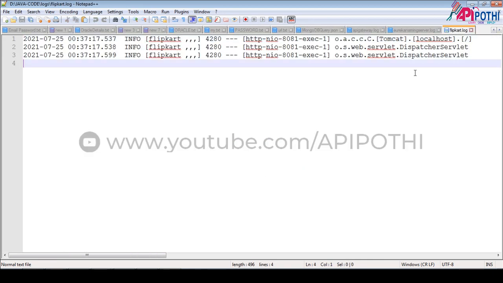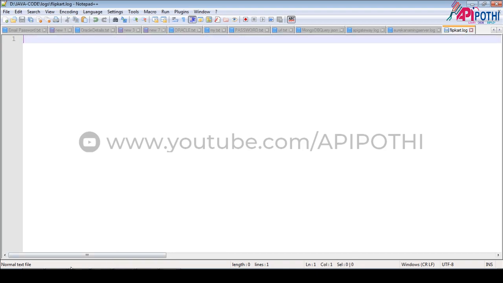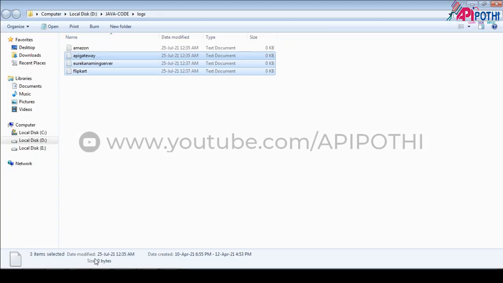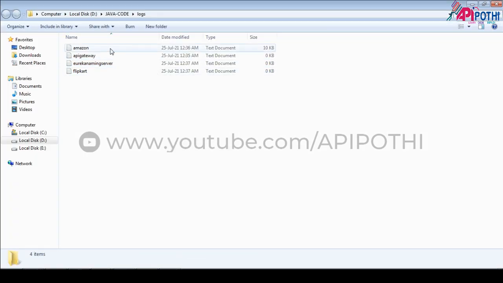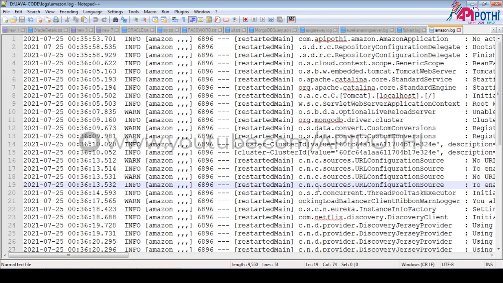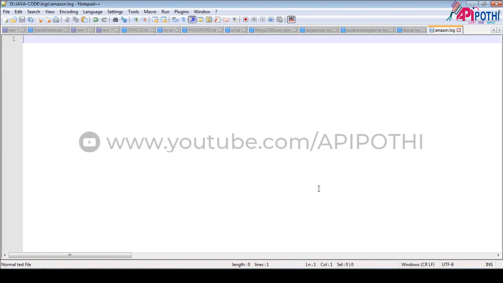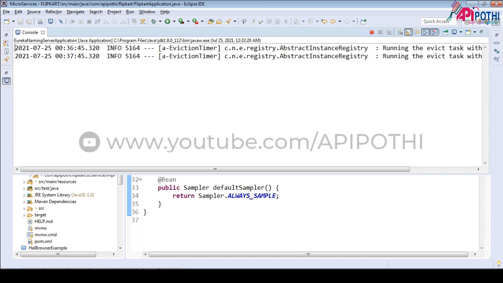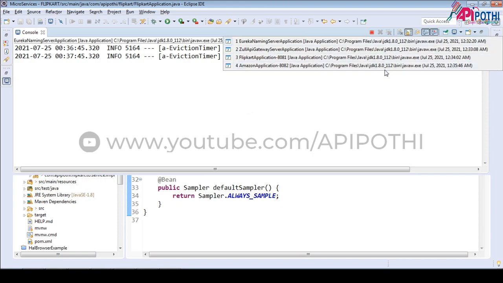Let me delete the not required logs, it will be easy. So here we have the logs for Amazon, Flipkart, Eureka naming server, as well as the API gateway. Okay, and now all the services are running successfully.